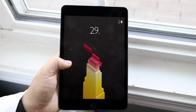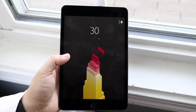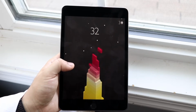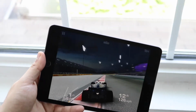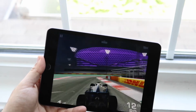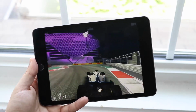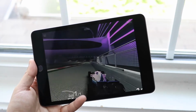To the performance side of things, this thing has that Apple A12 Bionic chip inside of it, 3 gigabytes of RAM. Now, this is how I'll basically break this down. If you're trying to substitute your MacBook or an iMac or something, and you're like, oh, I don't need those, I need to get an iPad mini, or I need an iPad, I will tell you, you're going to have to kind of level out your expectations, or at least be aware of this specific iPad, because I truly believe an iPad could probably do basically what a MacBook or iMac can do, but I don't think it